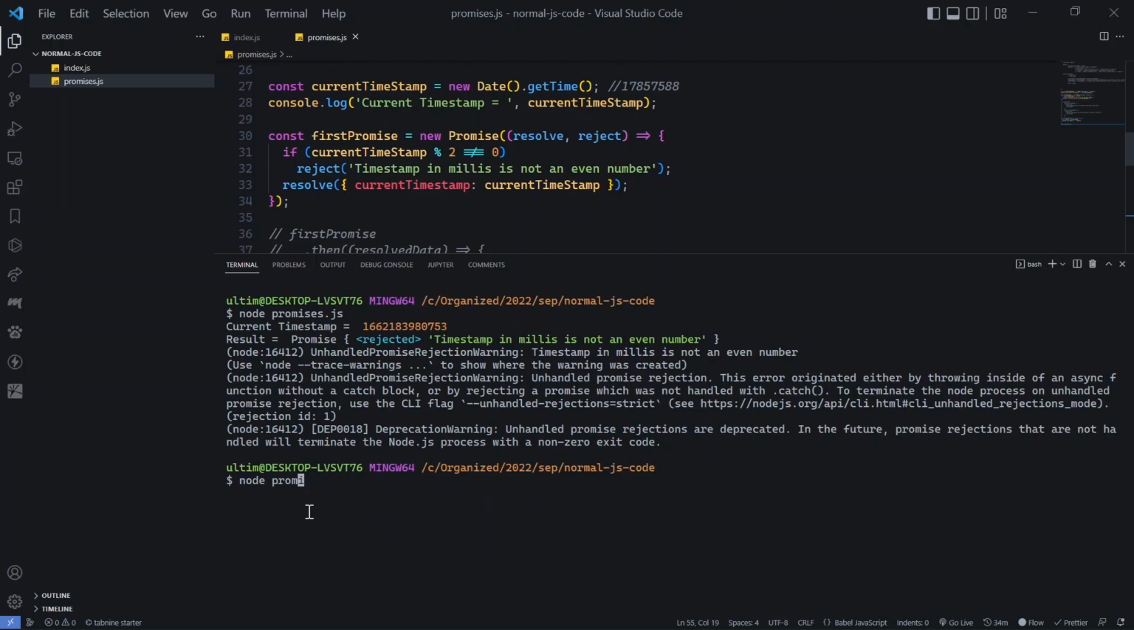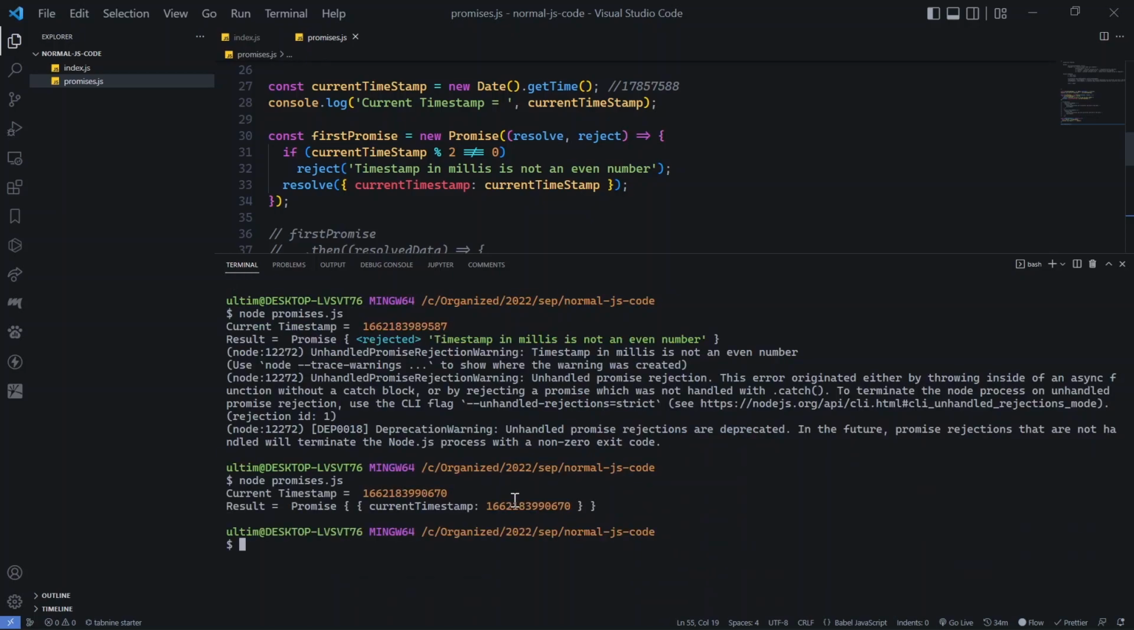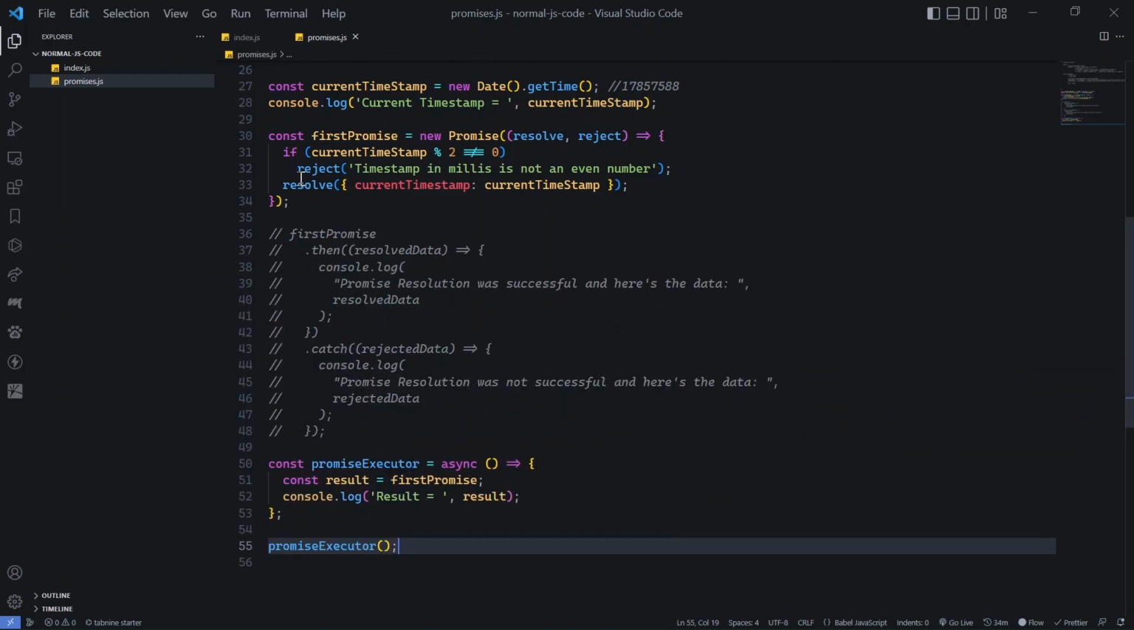So you can see that the result says rejected, this is not an even number, and so on. And if I do it again, it will get, yeah. So it says that it is a promise, because it is a very quick process, so it is resolving right away. But if it was not that quick, let's say if we have a timeout, so let's quickly have a